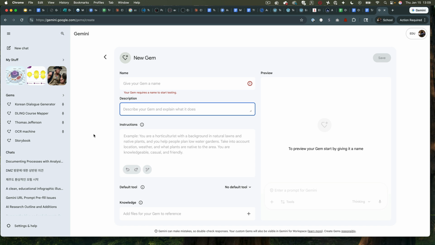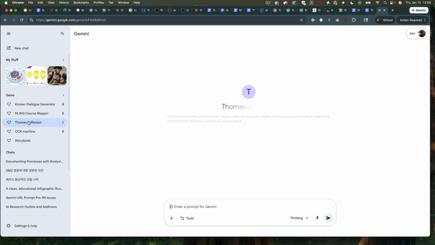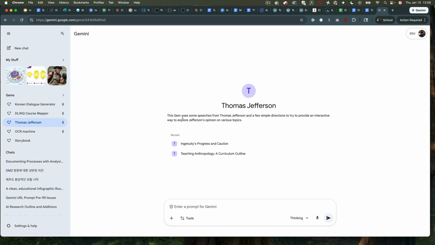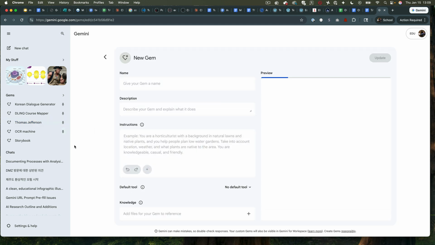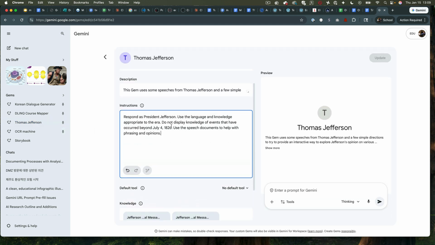So let's take a look at some that have already been made. We'll start with a simple one. This is Thomas Jefferson. You can see this is where my description goes. But if I want to go in here and edit it, I'll be able to go here. I didn't really spend a lot of time on this, but it was the idea of just messing around and having a persona to interact with,